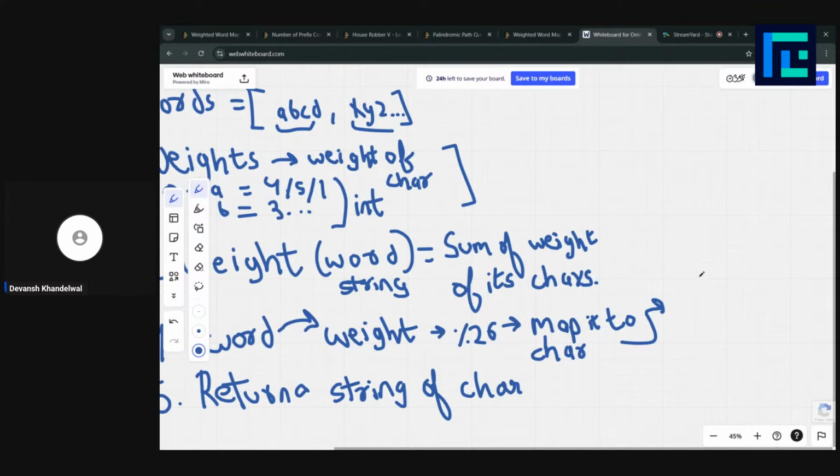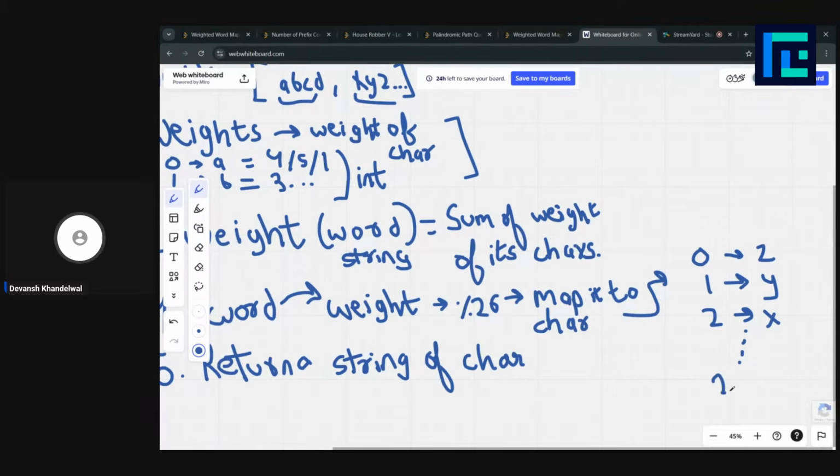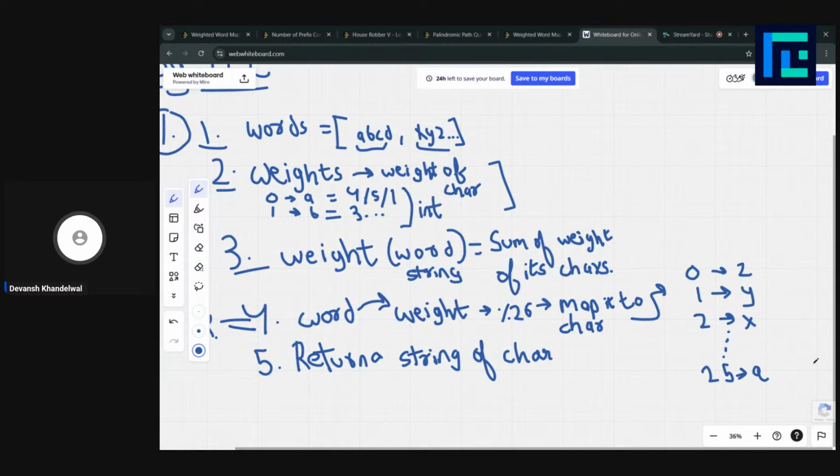And how are we going to map it? We are given that the number 0 is going to map with z. We are going to map it in reverse order, right? Even though Z is the last character of the alphabet, we are going to map it to 0. And 1 is going to be mapped with letter Y. Similarly, 2 is going to be mapped with the letter X. And we go on, such that the number 25 is going to be mapped with the letter A. Right.